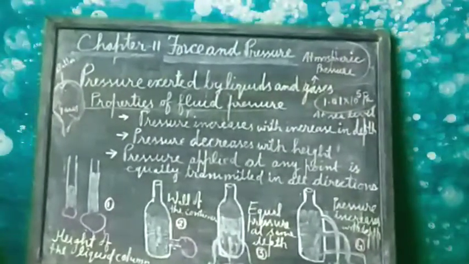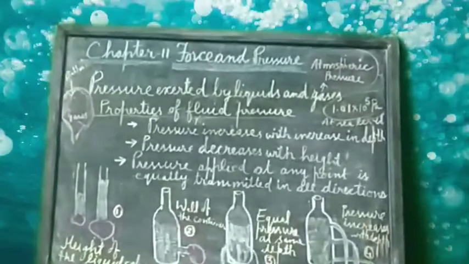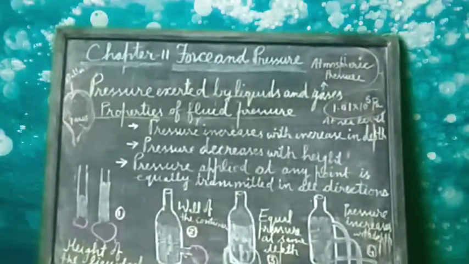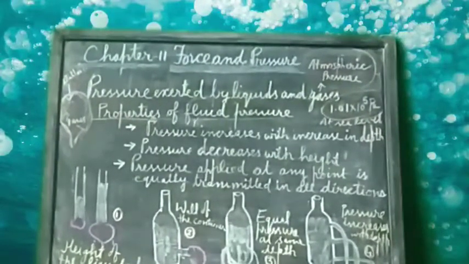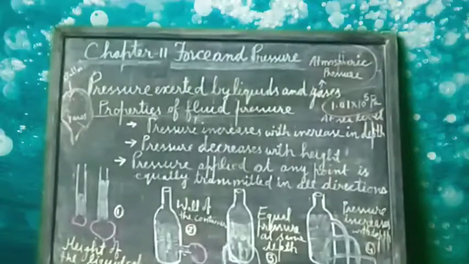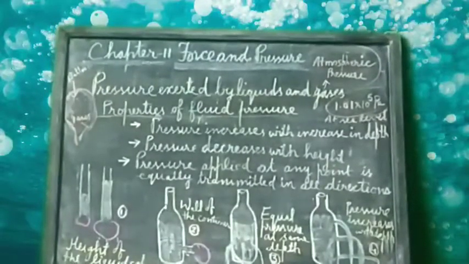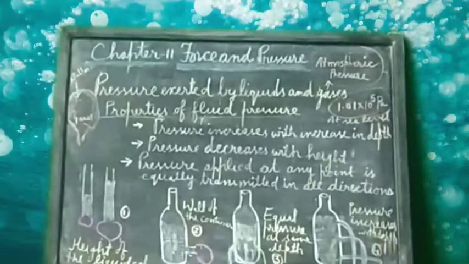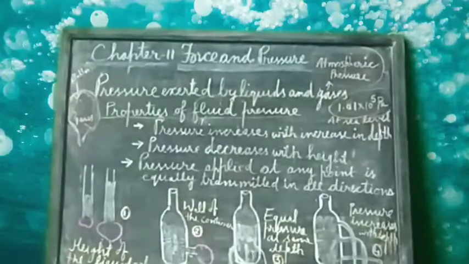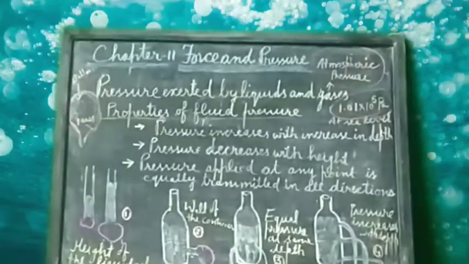Now you must have noticed that when you try to push an inverted glass down in a bucket full of water, the glass resists being pushed down into the water. This happens because the force exerted by water on the glass is much more than the force exerted by you. Thus the upward force of water resists the downward movement of the glass. So we can say that pressure at any point under a liquid is because of the weight of the liquid column above the point.